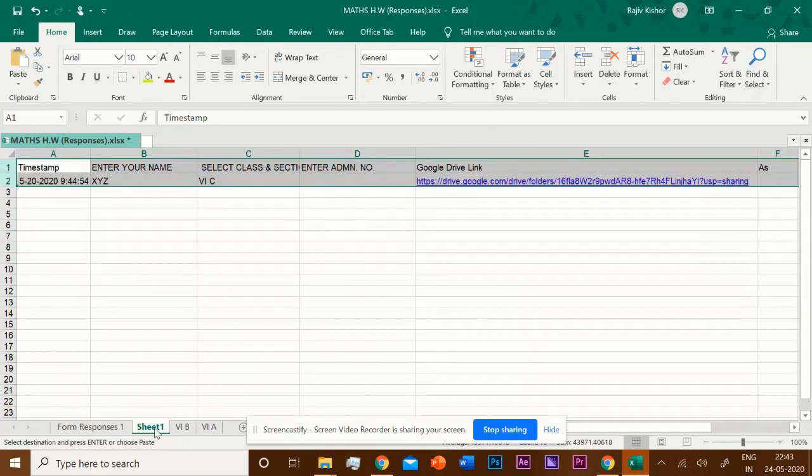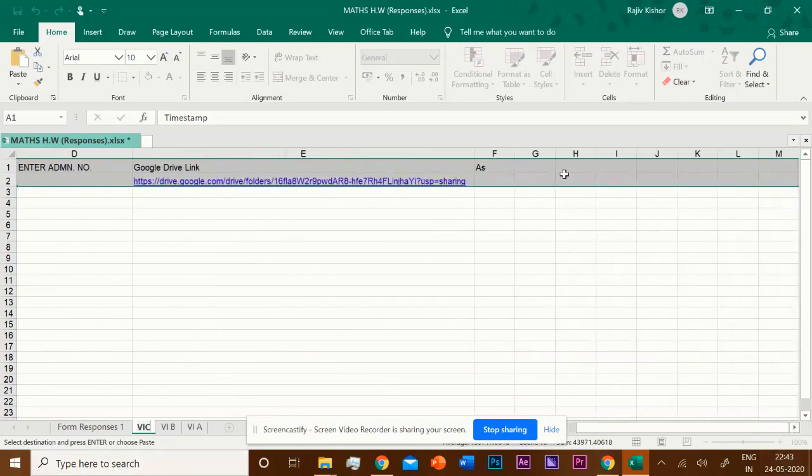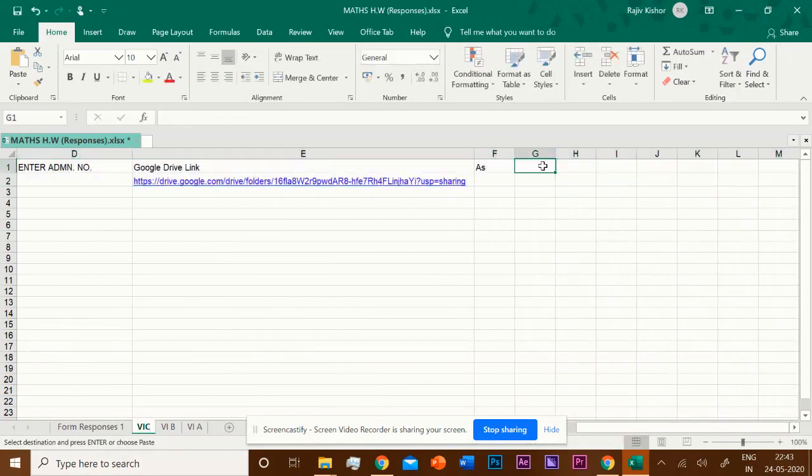Now you change the name of it. Now, for example, you want to give marks to them. You check their holiday homework and you can create one new column with the name of Marks, and you can assign the marks to the students. So in this way, you can check the holiday homework and give marks to them.